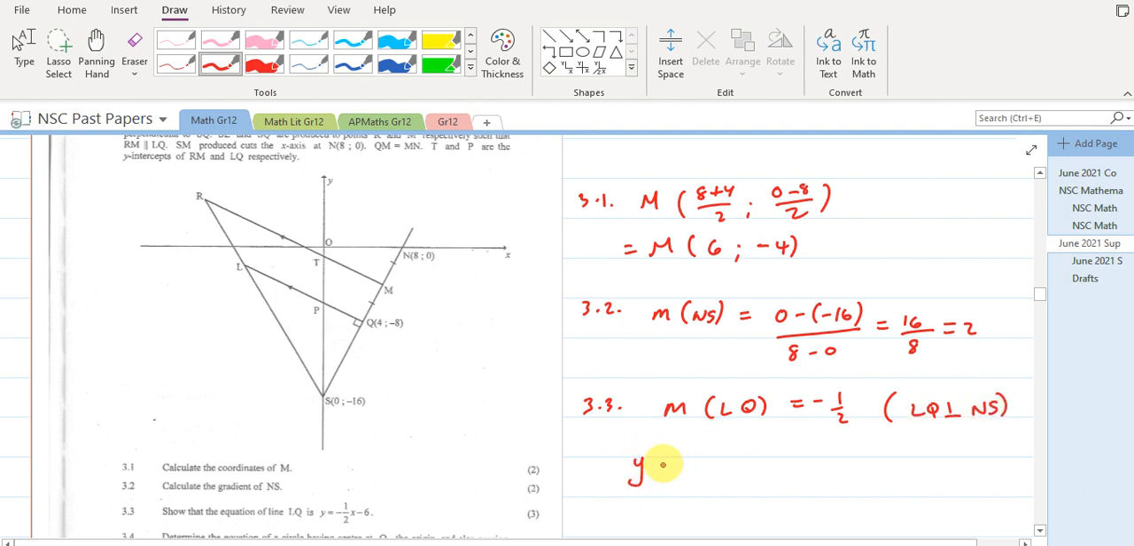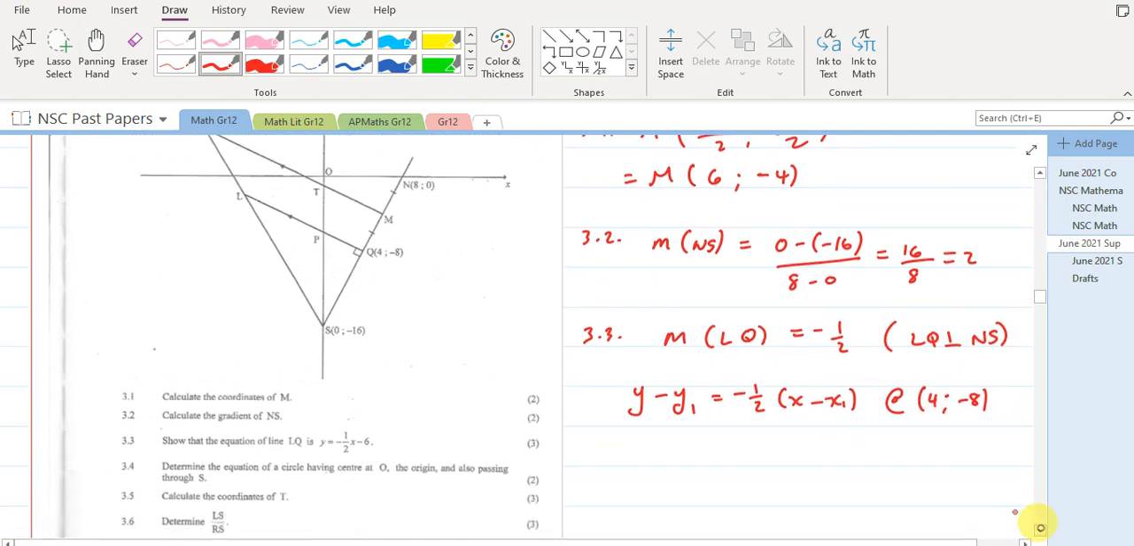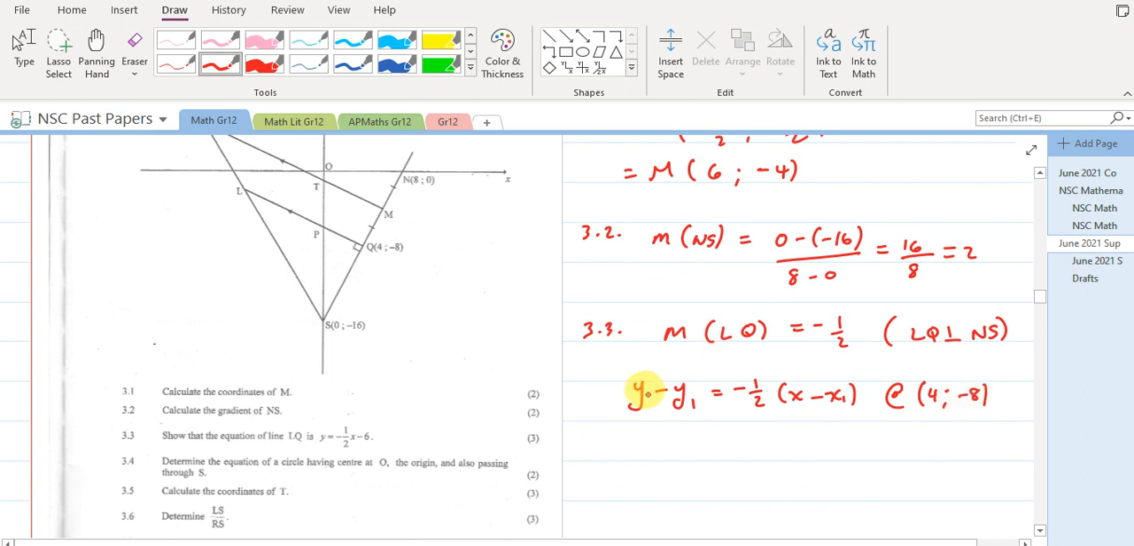Therefore y minus y1 is equal to minus half into x minus x1, at the point 4 and minus 8. Right, so we substitute the minus 8 in the place of y, so y plus 8 is equal to minus half into x